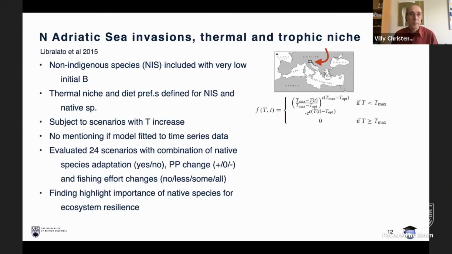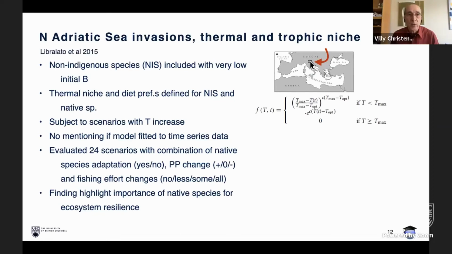Many more studies. Here's an example from the Adriatic Sea, which is more about non-indigenous species, so alien species moving up in the Adriatic Sea here, east of the Boot, or east of Italy. And as this water warms, of course, you'll get northward expansion of ranges, and eventually get up to a north where you can't go any further. It'll be stuck up there at a dead end.